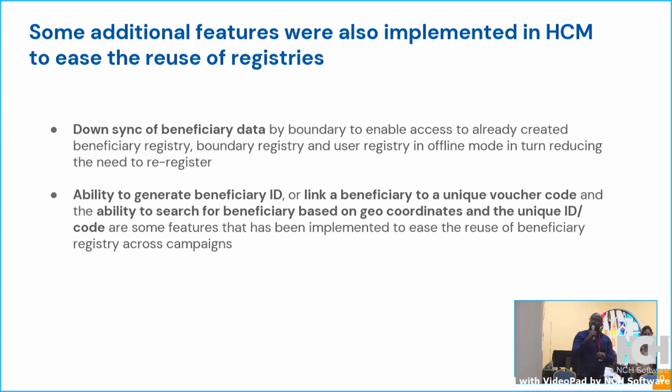To find it, we have automatic generation of a beneficiary ID. While you register a beneficiary, it generates an ID that you can use to track that beneficiary, and you can also link that beneficiary to a unique watch that you can read using a QR code to update that beneficiary. Also, to enhance the search, you can make a search based on geolocation. That means I can search for people within a 5 radius from where I am, which just limits the domain of search.